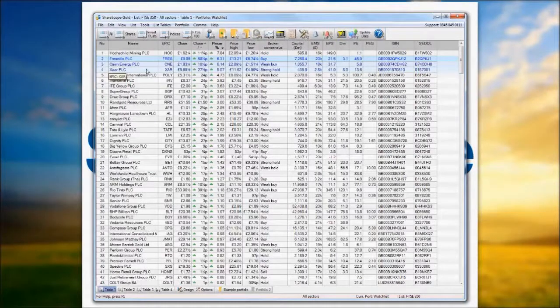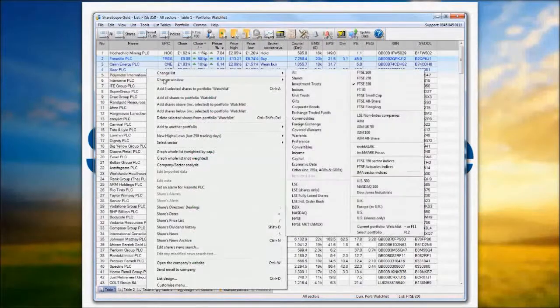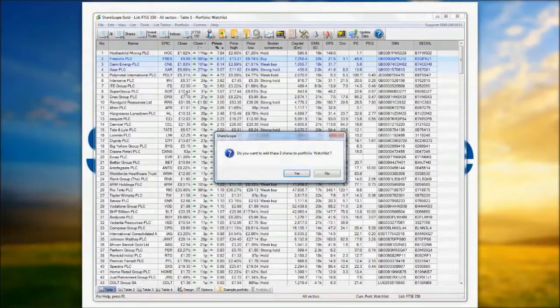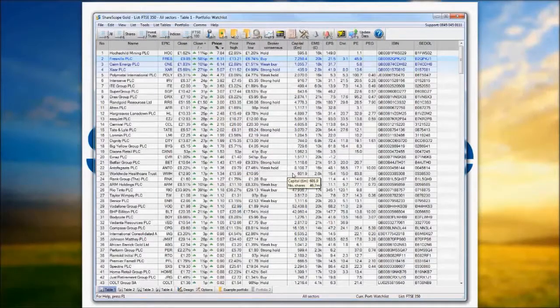I can also use the control key. So if I select a particular share, hold down control, click on another share, and then click on another share, and just keep repeating the process, I can select a series of individual shares from a list, and then once I've selected all of the shares in my portfolio, can